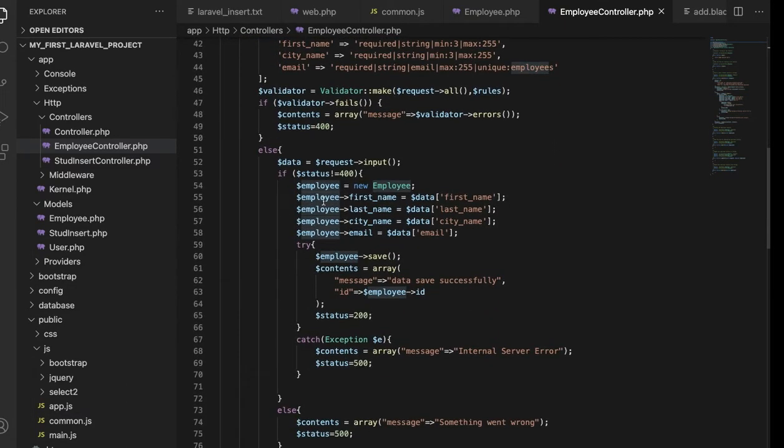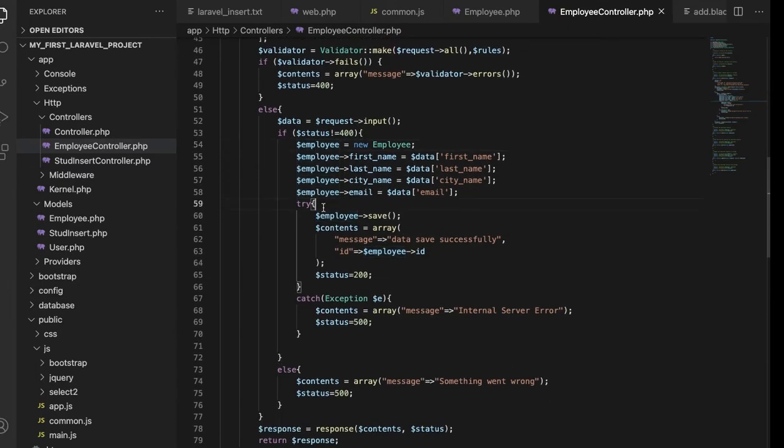So this is an instance of the Employee model, and we initialize the first name, last name, city name, and email with the data which we want to insert in the database. In the try block we call the save function to store this instance in the database table.